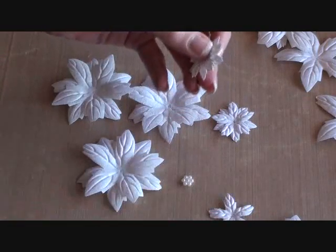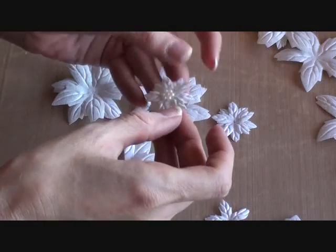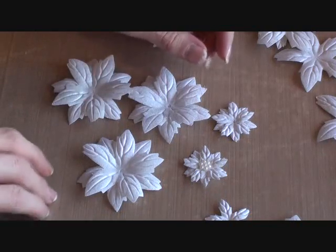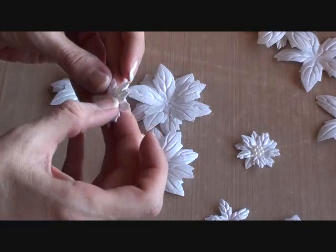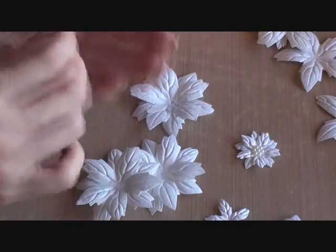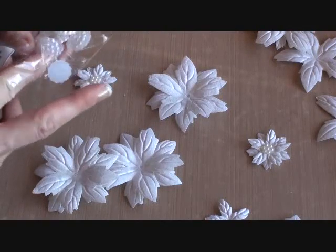I've got some tiny embellishments from my stash that look like tiny berries, so I'm going to use those in the centre of the small ones. Blue string, like that. And for the centre of the big one, I've got these flat back flowers, and they're 15mm, and